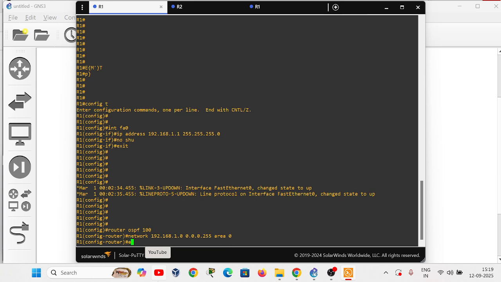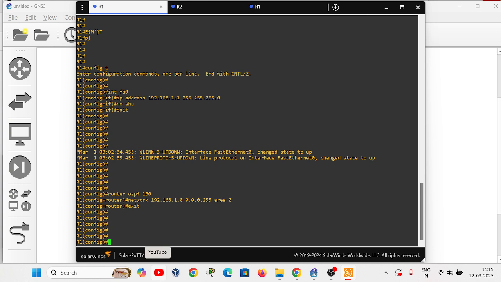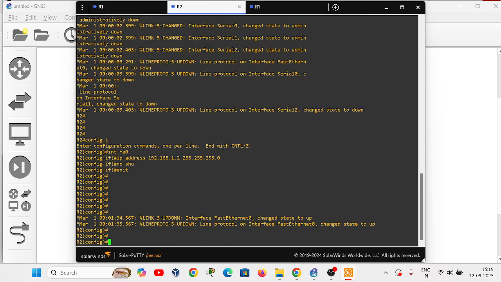Okay, now exit. I'm taking only one network for both routers R1 and R2. So that's why, exit and configure R2 as well.